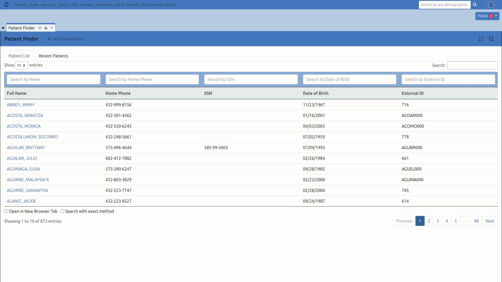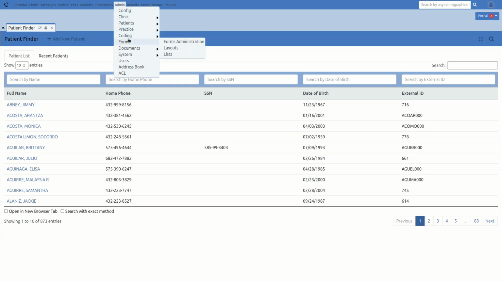Okay, so we had a question come up yesterday about tabs. As you can see, in this particular instance, we have just the Finder tab that comes up first. But the question was asked, how do I add more tabs or customize the tabs that are showing when I log in? Okay, so in order to customize the tabs that are shown when you log in, go to